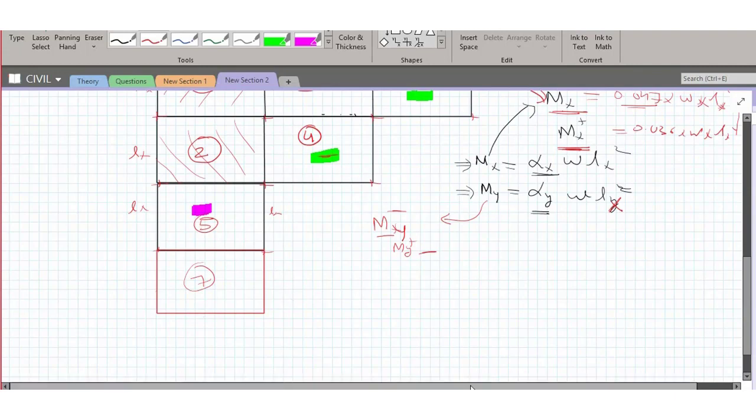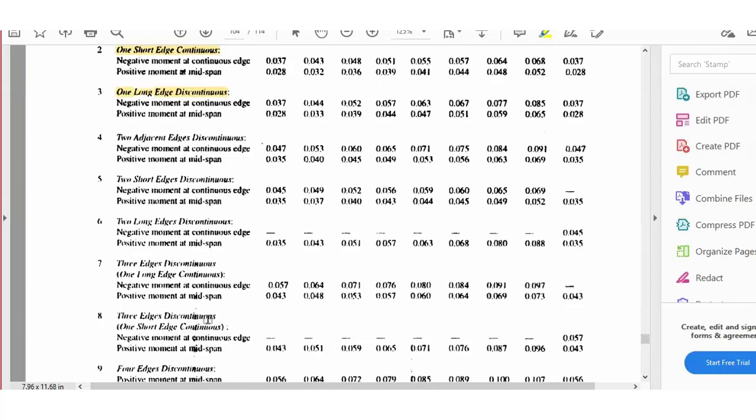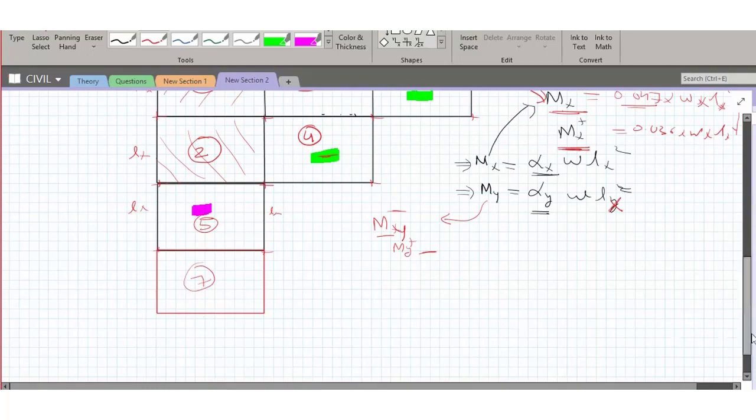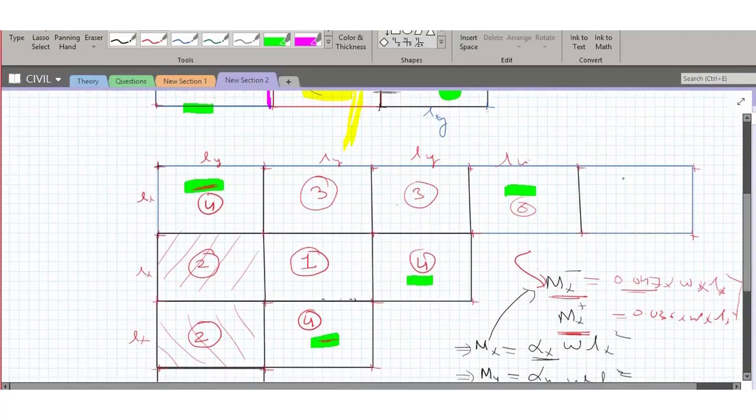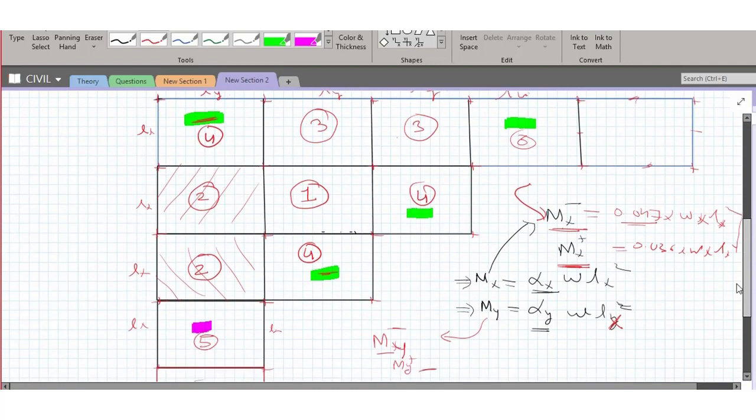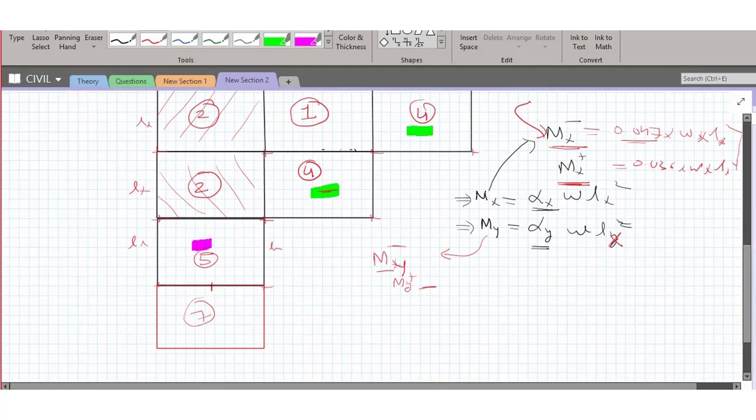Let us see case number 8 here also. 3 edges discontinuous. It is mentioned 1 short edge continuous. So I can see this panel here. Here you can see this edge, this edge, this edge is discontinuous. But the difference is here the short edge is continuous. Case number 7 was associated with the long edge being continuous.